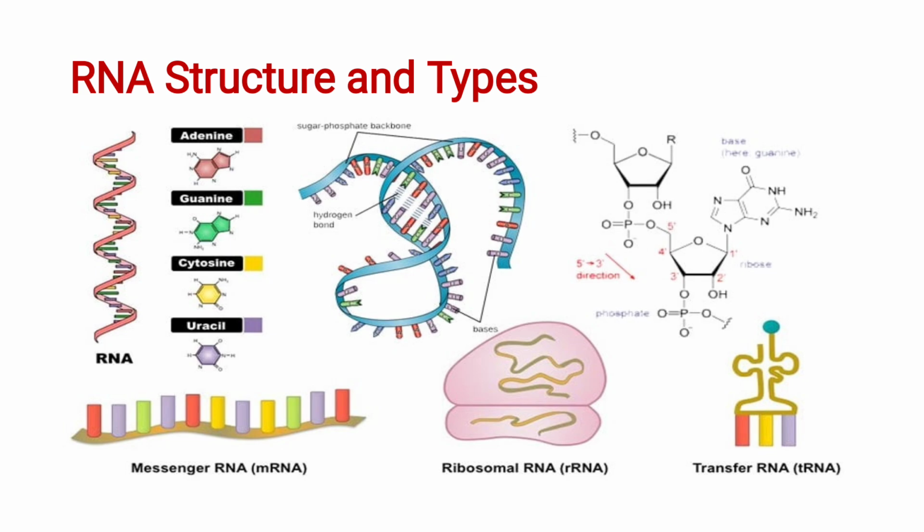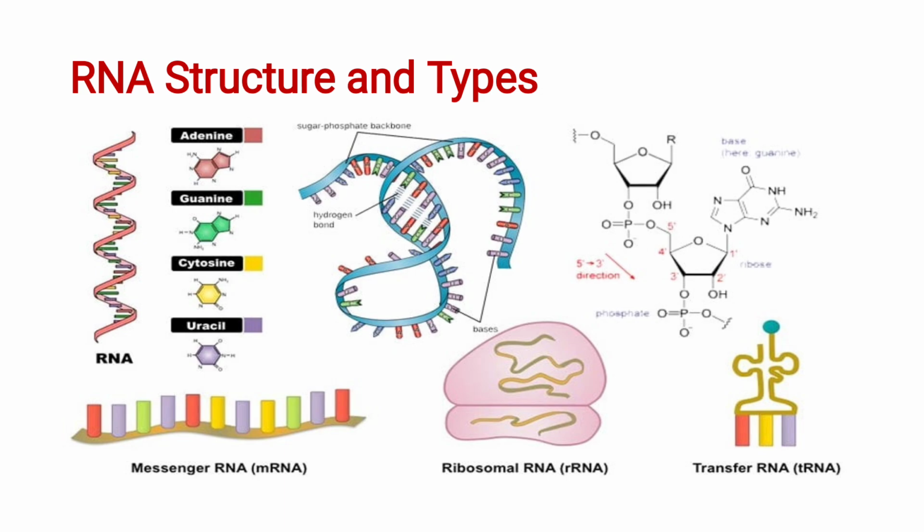It is a single-stranded nucleotide. It has the same sugar-phosphate backbone, and the nitrogen bases are linked by hydrogen bonding. It is not a straight structure. When it forms a helical structure, it forms hydrogen bonds between these base pairs.